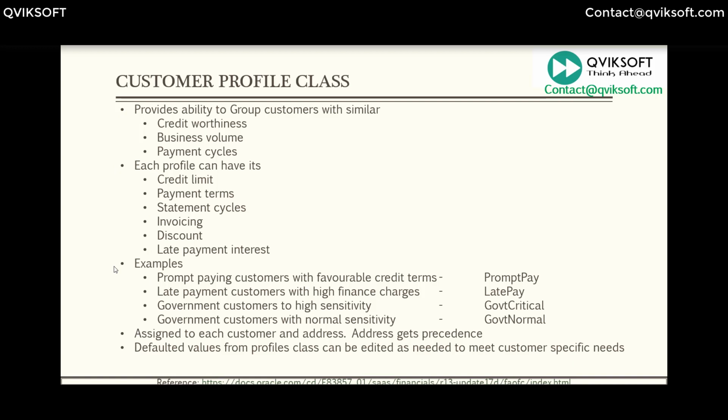Important point, whatever I've explained earlier is only for defaulting at customer level. Generally, when you assign a customer, you choose the profile. Whatever attributes are given at profile level will be defaulted automatically to customer level. Most of the time, people don't change it because they want to make sure they can do certain things by profile level, with the assumption that there are no cosmetic changes done at the customer level. But if, for a specific customer in a group, you want to change some attributes, you can, because all this that comes from profile is for defaulting purposes.